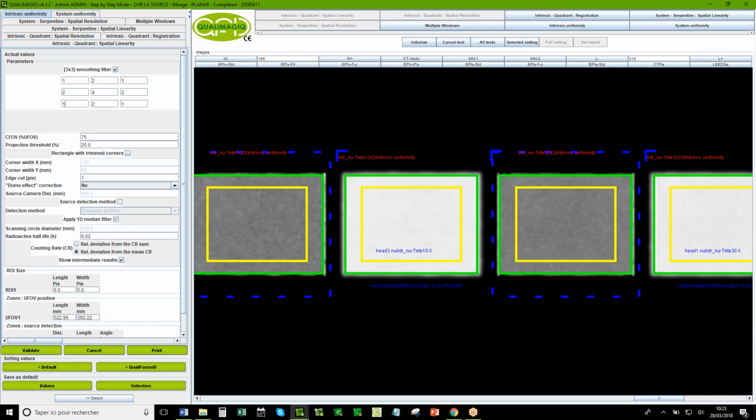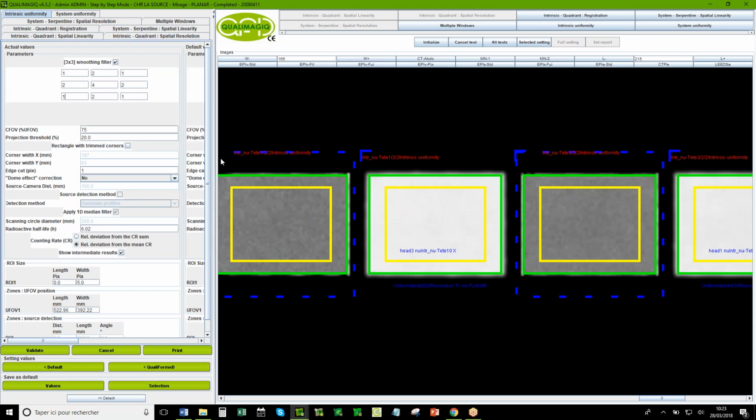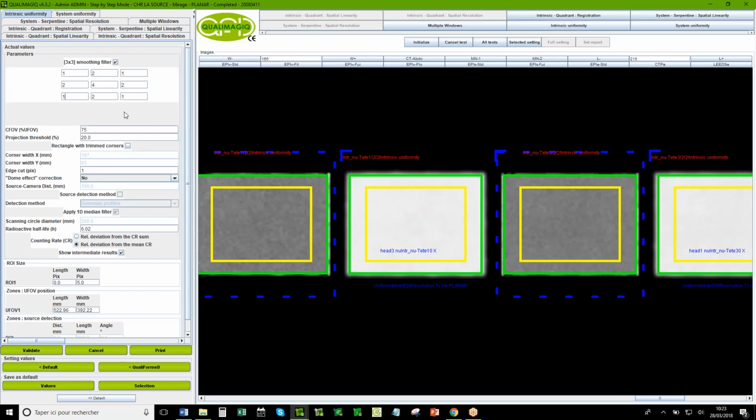If you want to use another kernel, or if you don't want to use a kernel to smooth the image, you can unselect this possibility. But most of the time, you use this possibility because in NEMA, they want to smooth the image before doing the uniformity test.